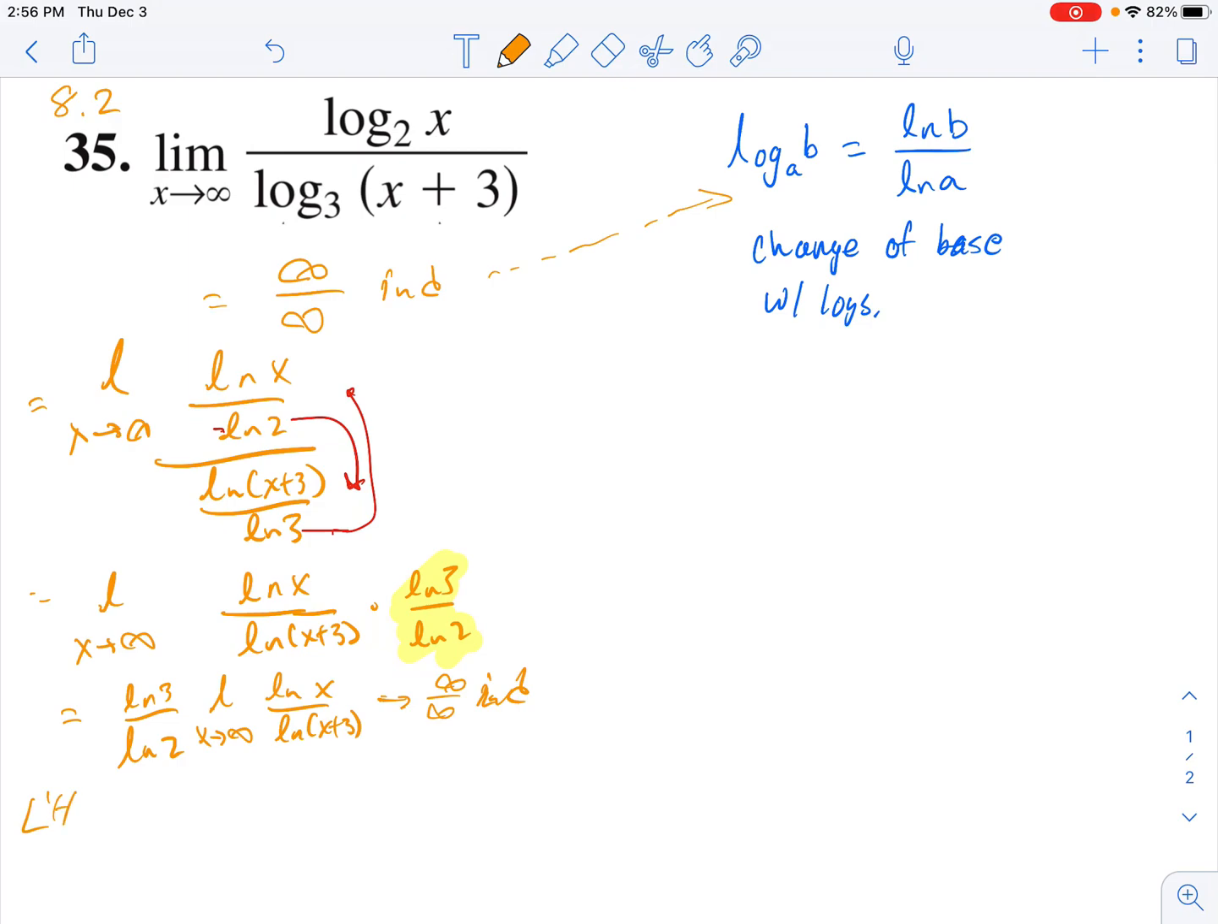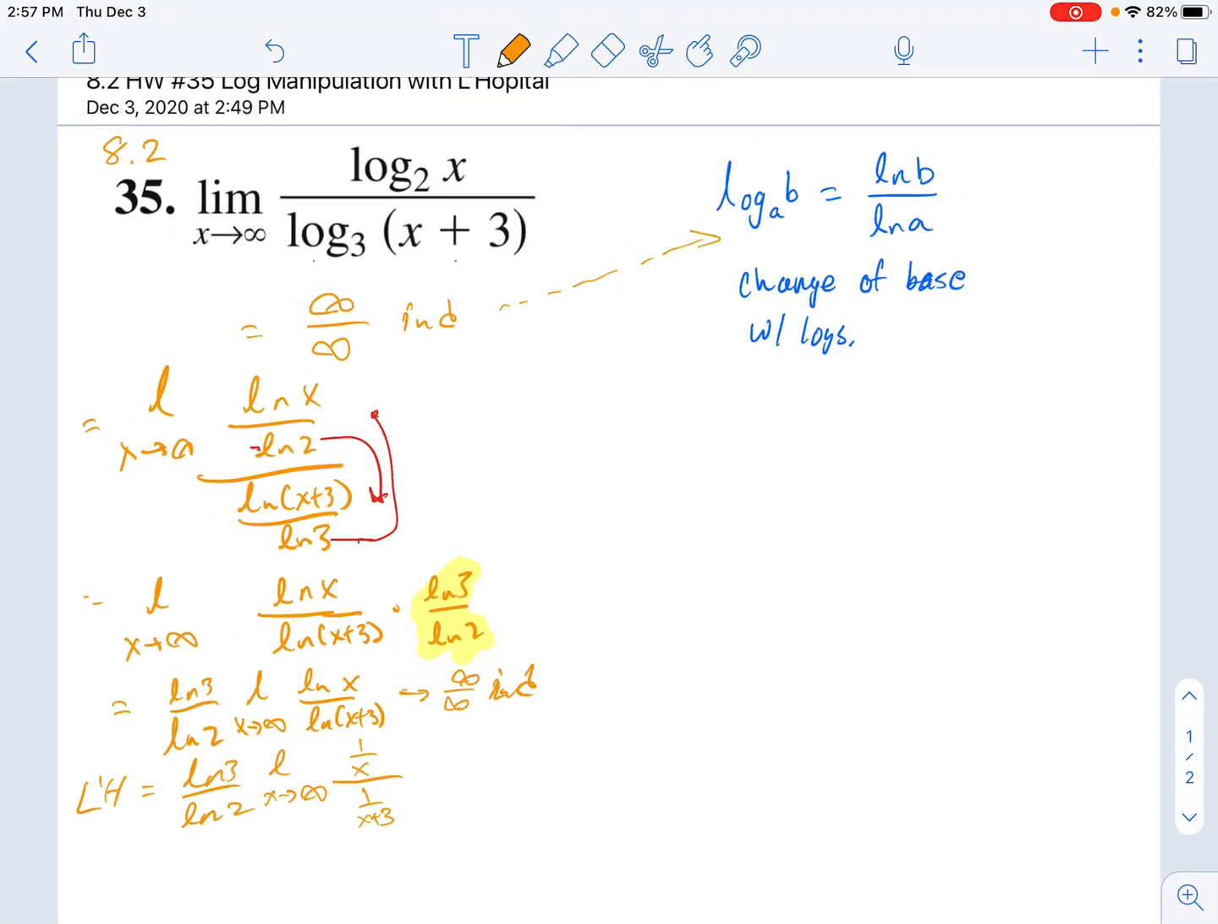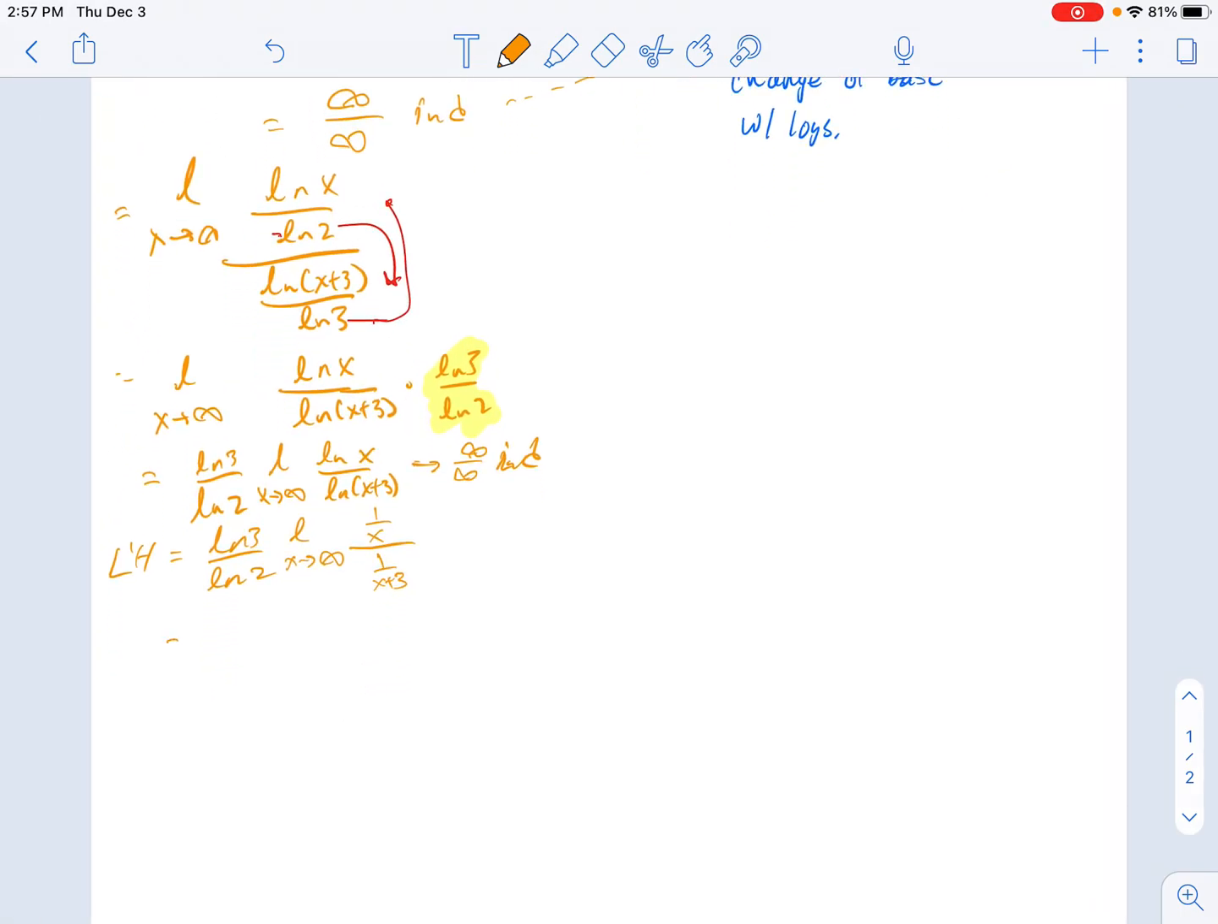So I'm going to L'Hopital, and I'm just going to leave this constant out front. I don't need to do anything L'Hopital with that because it's just a constant times the limit. So then it's going to be the limit as x goes to infinity of 1 over x over 1 over x plus 3, which, again, I think at this point we can see where we're going. But natural log of 3 over natural log of 2 times the limit as x goes to infinity of x plus 3 over x. And then for this, you might be tempted to say infinity over infinity again and do L'Hopital again, but remember,